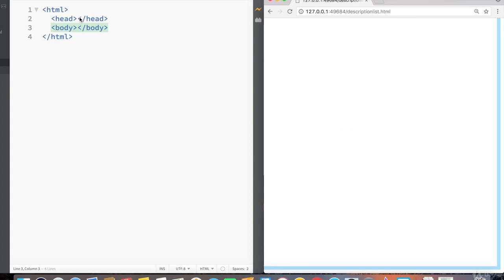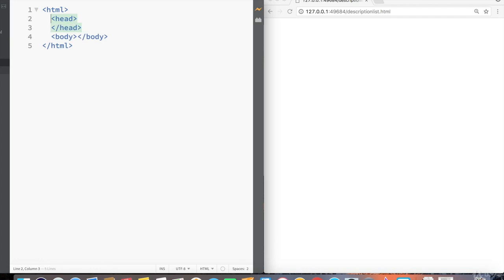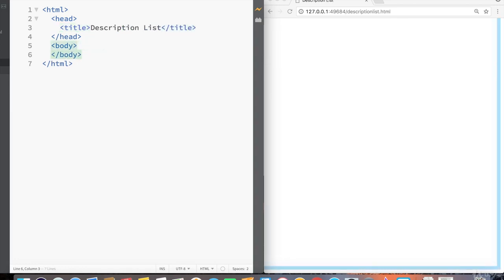There's one other type of list that I want to cover that doesn't normally get much attention. To cover this list, I've created a separate HTML file. You can continue in the same HTML file, but I just wanted to give it a different HTML file because this list you won't see very often, but in certain cases it can be really useful. So inside the head, I'm going to create a title called description list. And inside the body, create an H1 tag